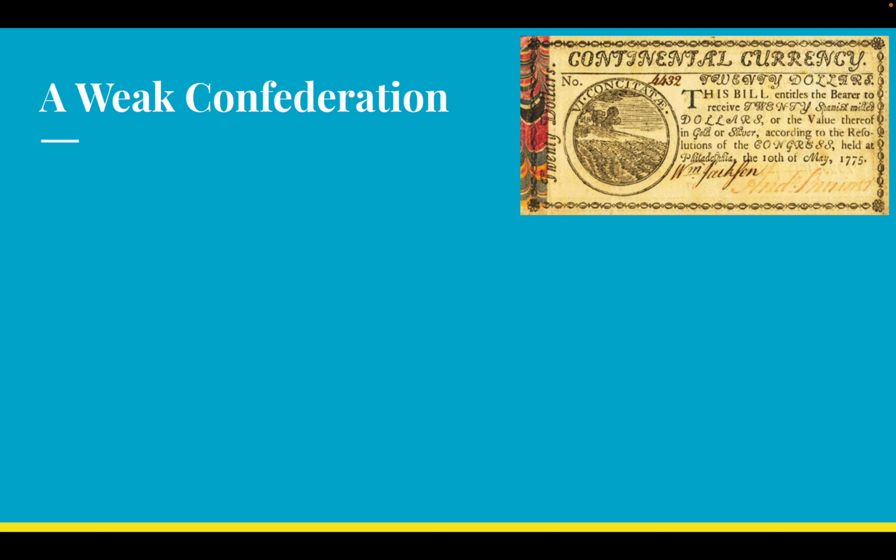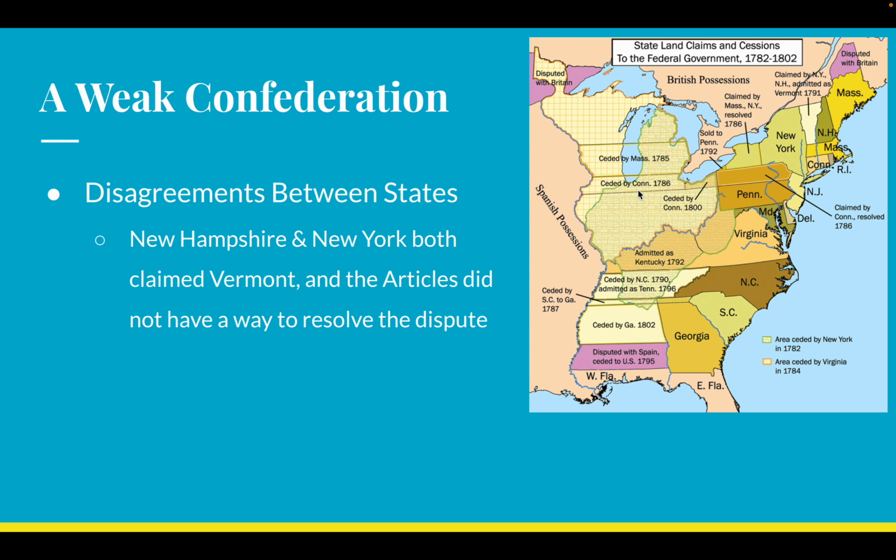Now, eventually, as the articles are ratified, they do give all that empty land, all that land on this map that isn't modern day state borders, they do give that to just the federal government as a whole. So luckily we solved the issue here. But this issue being an issue in the first place shows that there is something deeply wrong with the Articles of Confederation. There's no easy way to solve problems when problems arise. This one's solved, but that doesn't mean every problem is going to be solvable easily, quickly, painlessly, or peacefully.